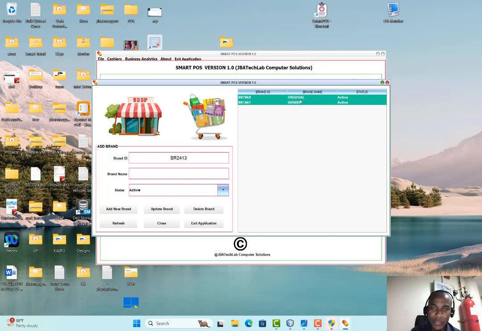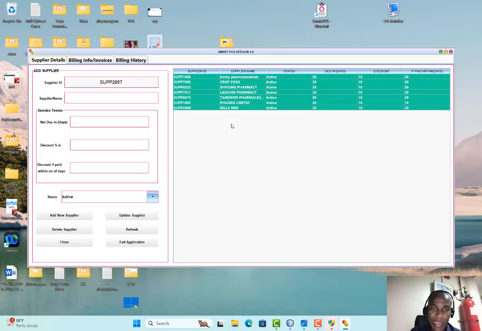Then brands. So for the case of pharmacy, it could be generic or original, but you can have different brands depending on your business. So you can add brands here, update or delete, and then suppliers. So you can add your suppliers here. And then of essence is this invoice terms. So when the supplier supplies you